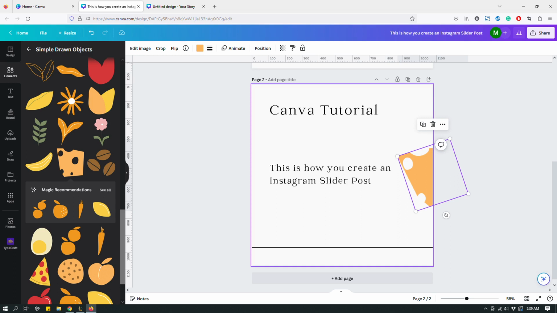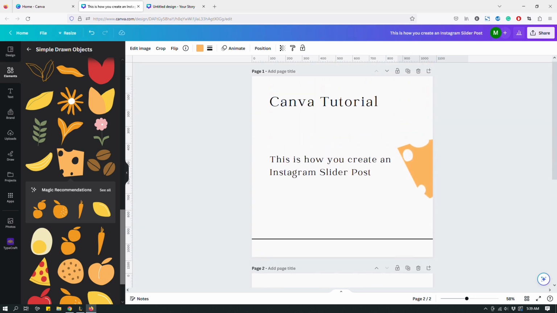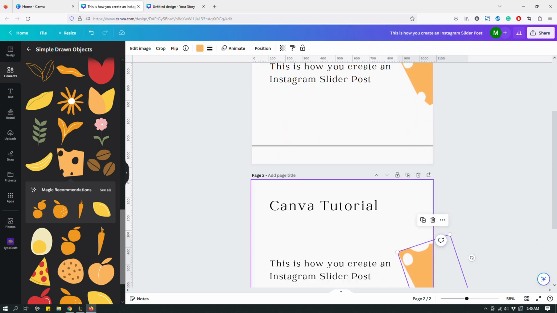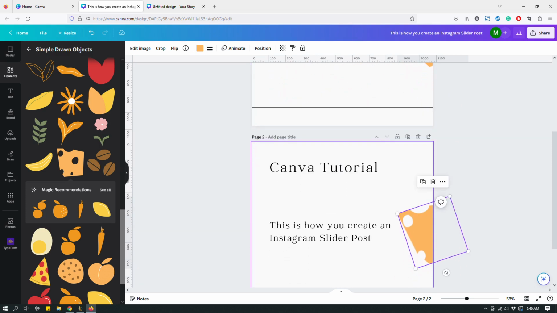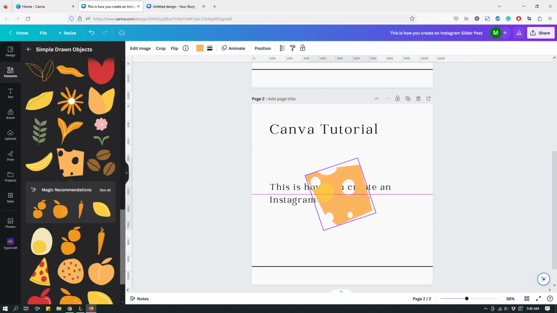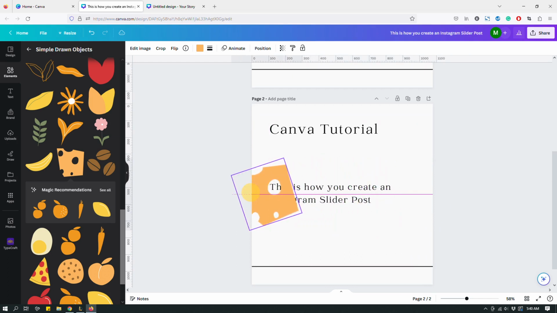All right, Control V or Command V if you're on Mac. Now that you're here, here's the thing. On the first slide, it's on the right side. So when you create a slider, and if you want to create a seamless slider, on the second slide, this is actually going to have to come on the left, because remember that we are going to have to slide it. And also remember that for the sake of simplicity and ease of design, we made sure that this image